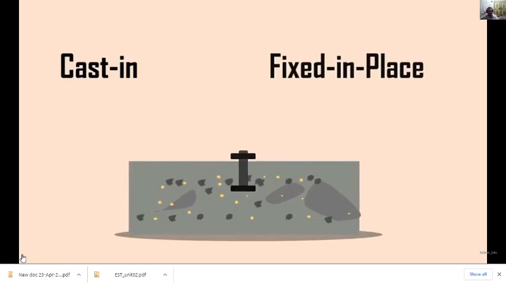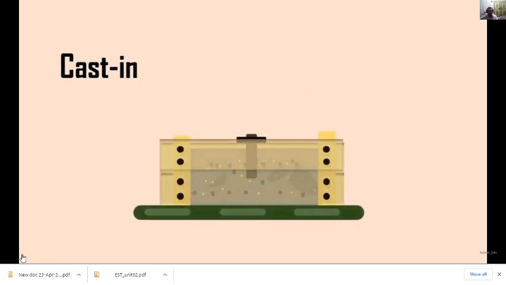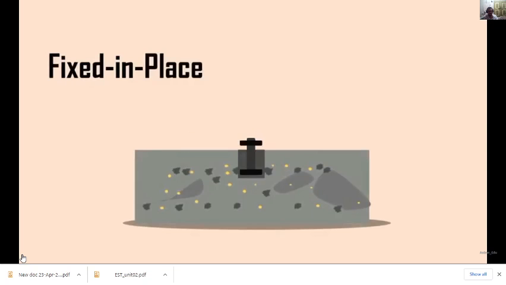In the cast in place method, the inserts are placed before the casting of the fresh concrete. In the fixed in place method, the inserts are positioned into a drilled hole in hardened concrete. The instrument setup to pull the insert is shown on the screen.